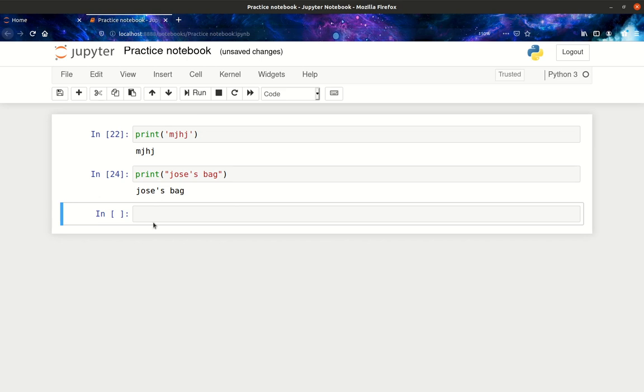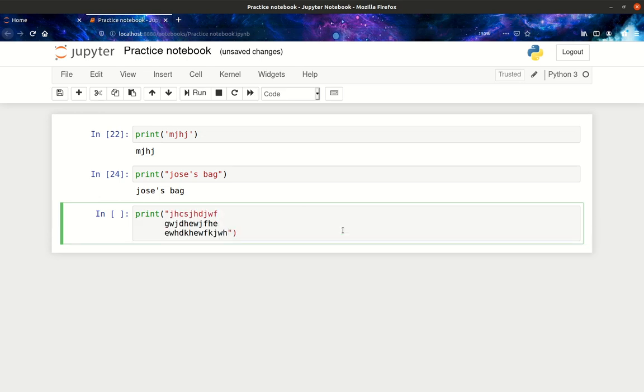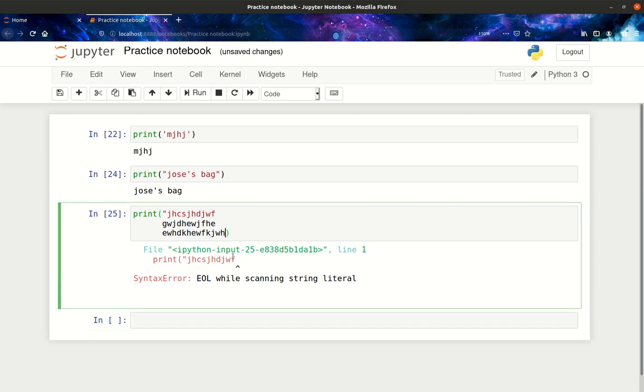Now if you want multiple lines in your text, you don't just write print and then normal or double quotation marks and then write like this. Otherwise it won't understand. See, EOL while scanning string literal. So it thinks the string has ended here because there are new lines here, except we haven't put our quotation marks over here. So how we can solve this error is to